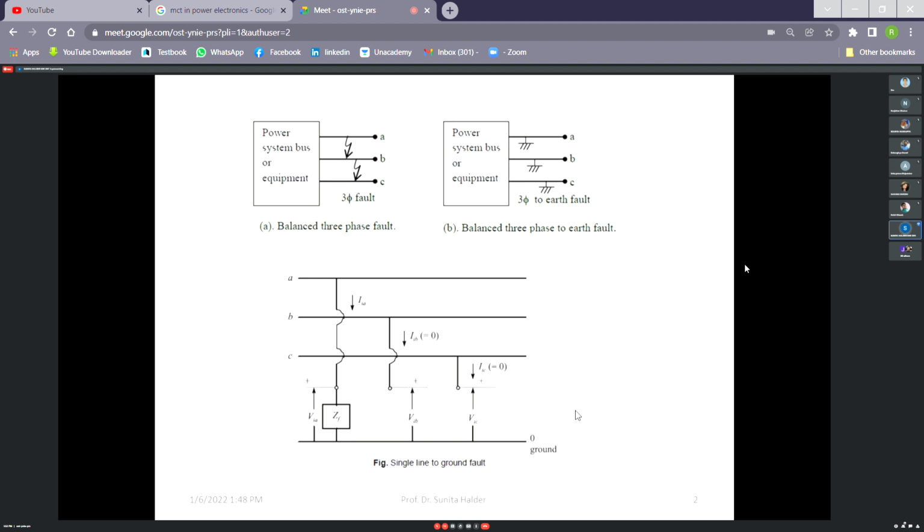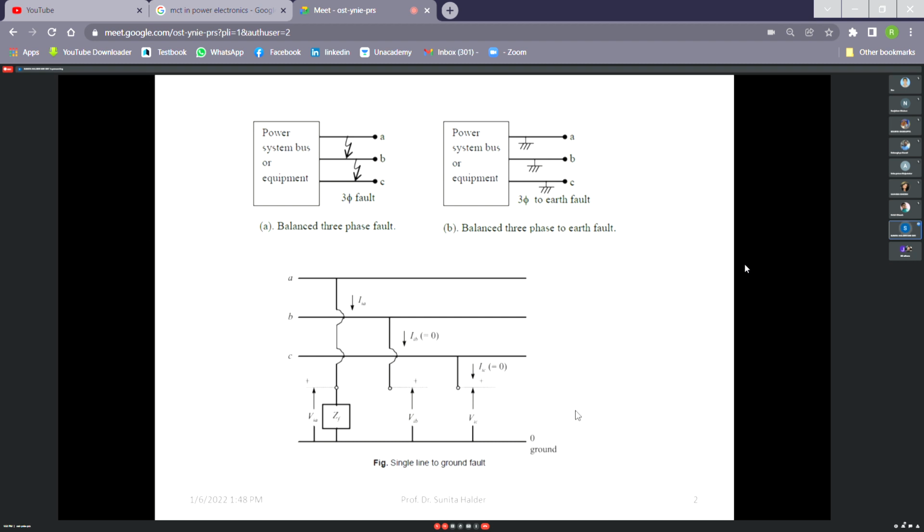We have to identify if there is any abnormality in current in the system, because short circuit means high current will flow. Normally in a power system, in a long transmission line, near 400 to 500 ampere current is very normal. But in a fault, say in per unit, 2 to 3 per unit current is flowing. So 1 per unit is 400 means 3 per unit is 1200 ampere current flowing. So we have to disconnect that faulty portion at first from the healthy portion. Then we shall identify the fault point, repair the faulty part and connect it again to the healthy part.